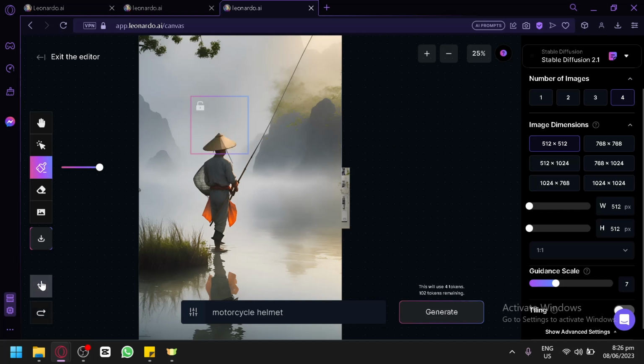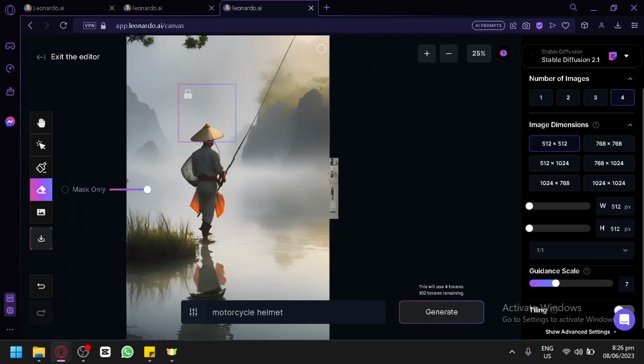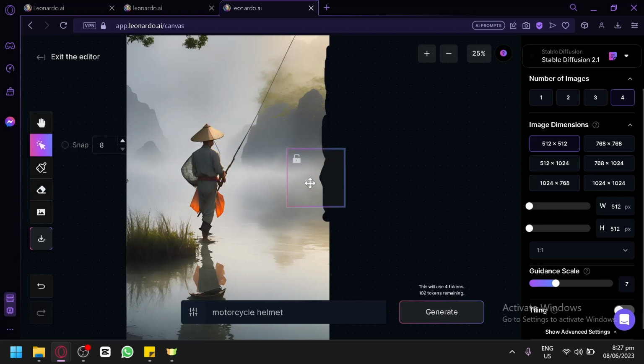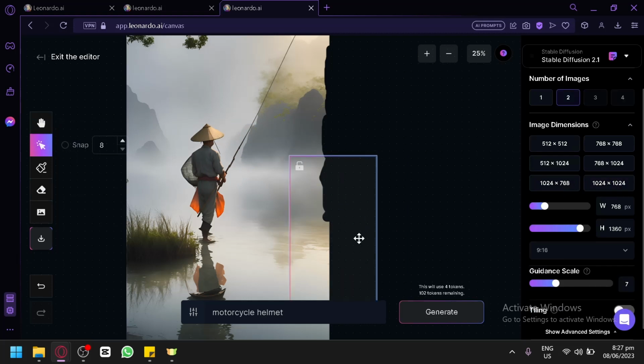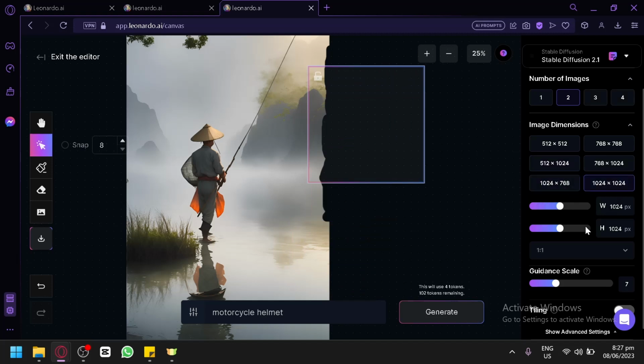So let's move on. Let's go and try and use the outpainting. So for the outpainting, what you're going to do first and what you're going to use is the erase feature. And then you're going to select a size, and then you're going to erase a section of your painting or your image. For example, over here on the right side, we're going to remove this entire area over here, just like this. We're going to remove this to give it some space. And then we're going to use our select over here, click this. Then we're going to change our size over here, change the aspect ratio, just like that. Then put it over here, change the size,